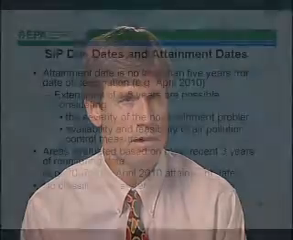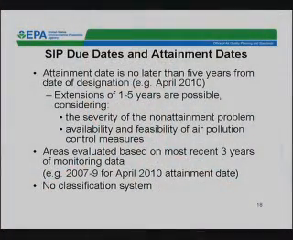Now, attainment dates are to be no later than 5 years from the date of the designation, meaning by April of 2010, and extensions of 1 to 5 years are possible considering the severity of the non-attainment problem and the availability and feasibility of air pollution control measures. I will talk about this a little bit later in a following presentation on types of non-attainment areas and defining attainment dates. Attainment will be evaluated based upon the most recent 3 years of monitoring data. So for an April 2010 attainment date, we would be looking at air quality information for the years 2007, 8,